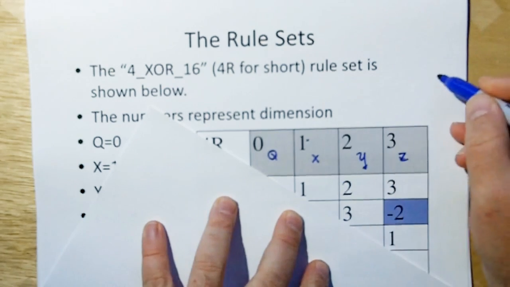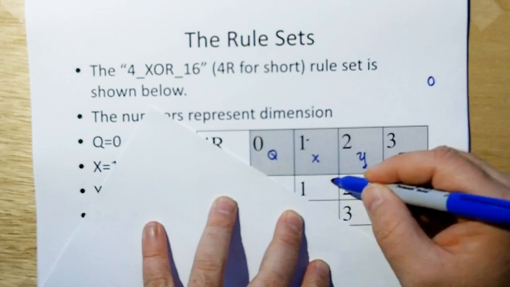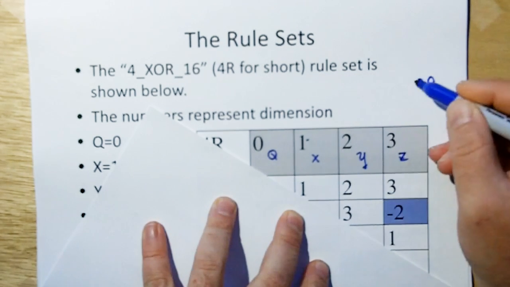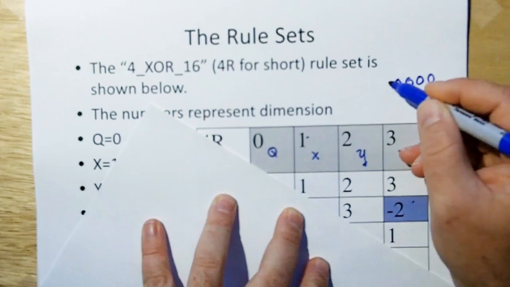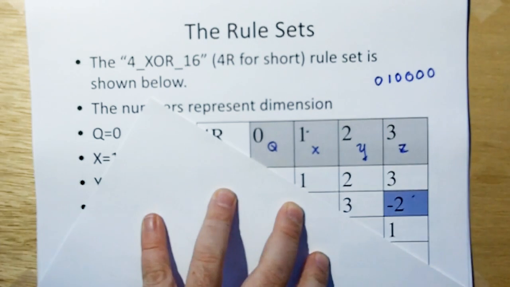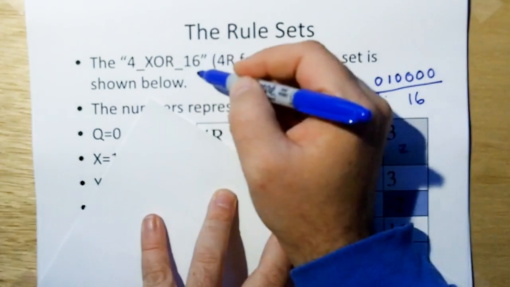Okay, so this would be 0 for the first one because there's no negative sign. The second is a 0 because there's no negative sign. Third is a 0 because there's no negative sign. Fourth, fifth is a 1 because there's a negative sign, and the sixth is a 0 because there's no negative sign. And if you take the binary number of this, you get 16, and that's how the 16 is the pattern